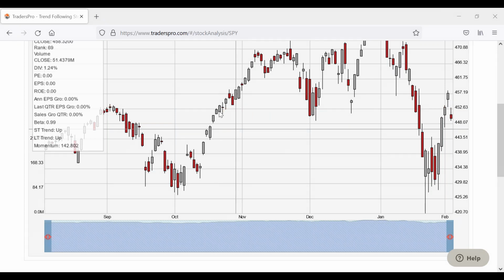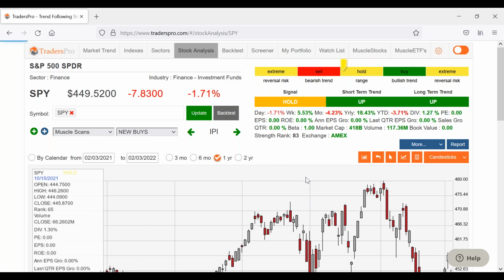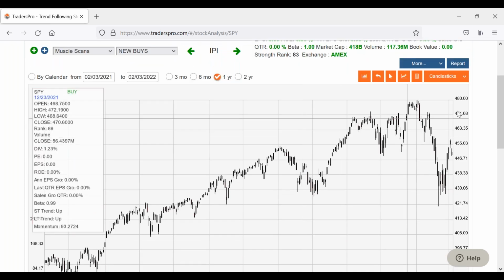Let me back out a little bit here in time so we can see the significance of this area a little bit better. We were looking at right in through here. This was a previous all-time high. It pulled back, broke out of it right here. It came back to it. It did dip a little bit below it, but it came back to the area and held as support. Came back to it again, it held as support, broke out to a new all-time high. Here was that big reversal day on January 10th. Bounced off of that, didn't rally much off of that. Then it broke through it right through here.